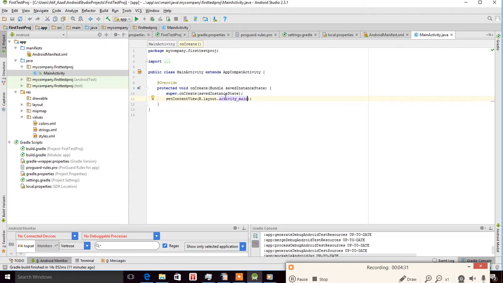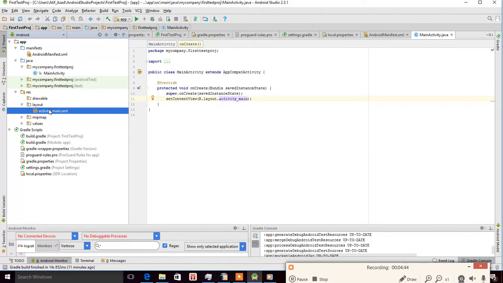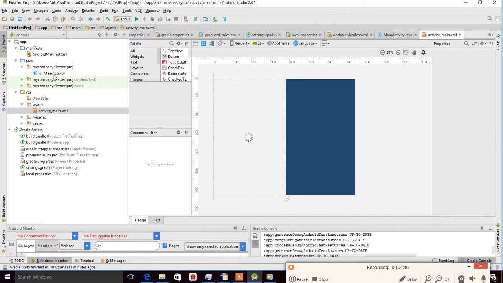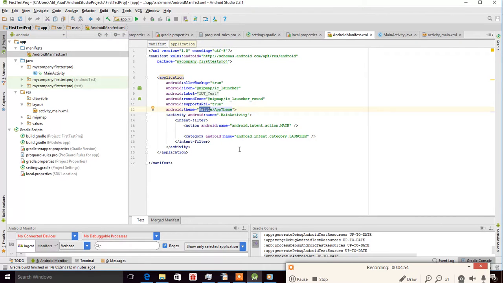This activity has this foreground, I mean, this is the layout of the screen that it is loading, and it is defined here, as we said, in the resources. And this is activity_main layout. This is defined here, and as we have only one activity, we will only define one activity here. And in order to make this activity as a